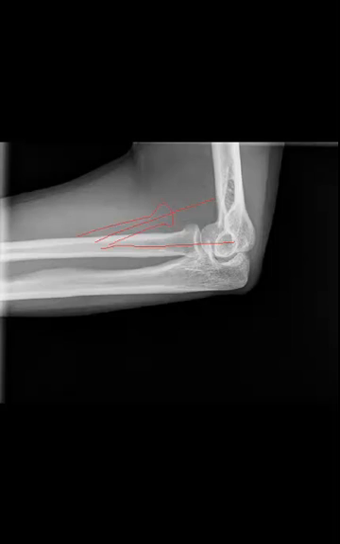One other alignment issue that we need to be aware of, especially in the child, is this anterior humeral line, and it is drawn simply as it's named. It's an anterior humeral line that you draw along the anterior humerus, and this line should basically intersect the condyles of the humerus as well. The reason why we draw this line specifically in children is they can sustain supracondylar fractures, which is the most common type of elbow fracture sustained in children, and at that point we can get angulation of the distal humerus, at which point the anterior humeral line we drew would not intersect the mid portion of the condyles, basically indicating